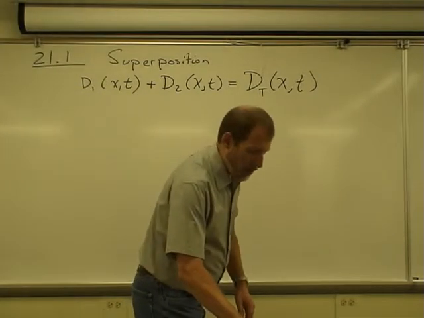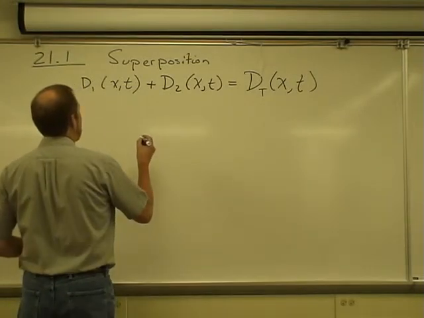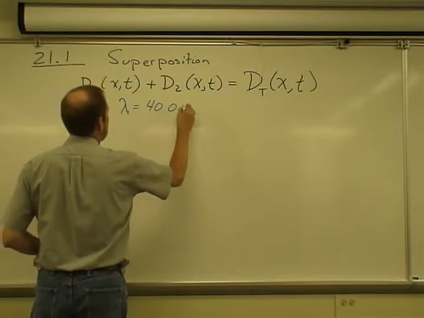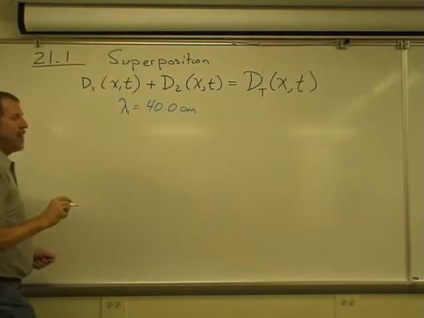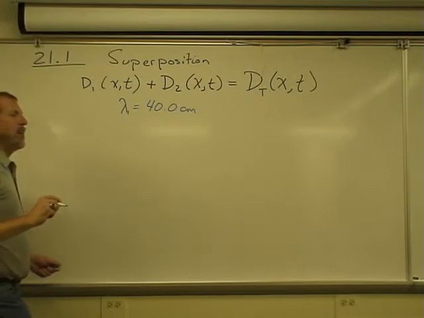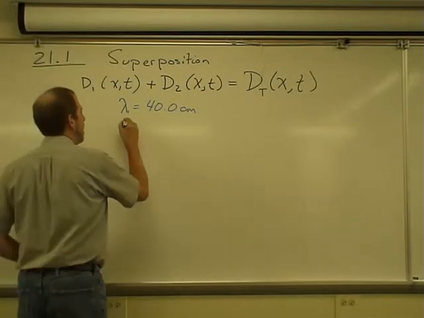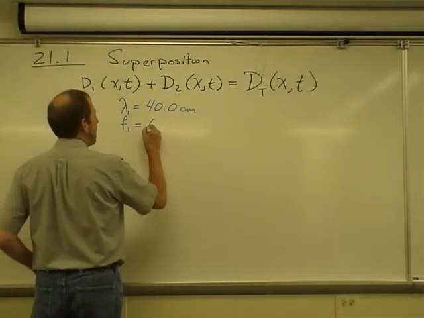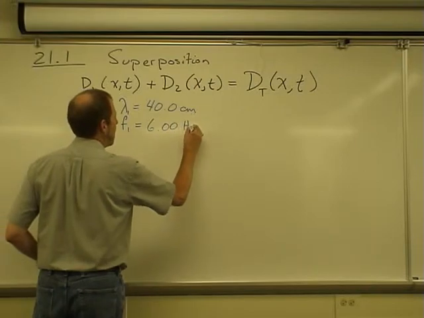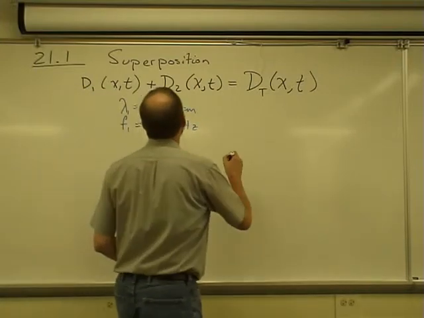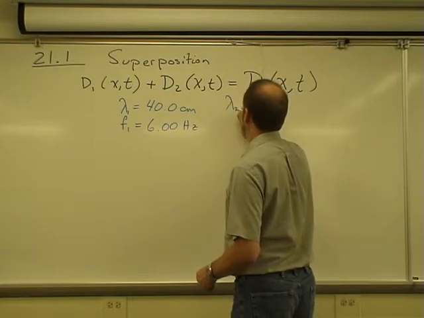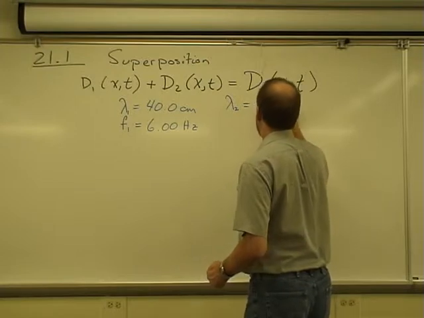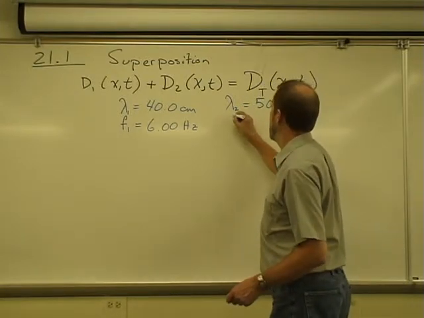So let's say that I've got one wave where the first wavelength is 40 centimeters, and the frequency is 6 hertz, and I've got a second wave that has a wavelength of 50 centimeters,